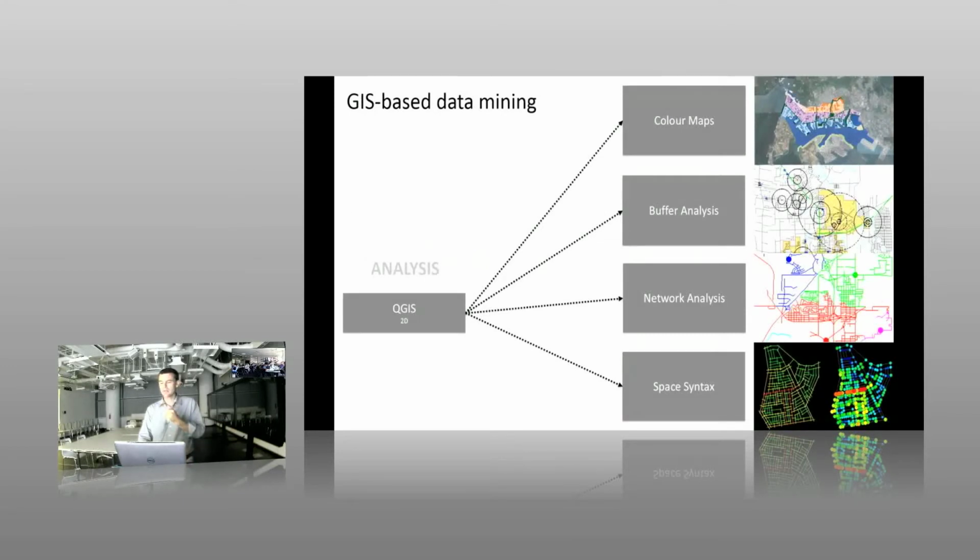And in QGIS, the kinds of analysis we are interested in doing are the color maps, basically mapping different values like densities and building heights, and buffer analysis, where you're calculating distances to certain points. So you maybe want to calculate how many people live within half an hour from a train station. So if you have two different urban options, you might be interested in seeing which option puts people closer to points of transport. And then there are other more advanced ones, network analysis and space syntax, which are really more of a future